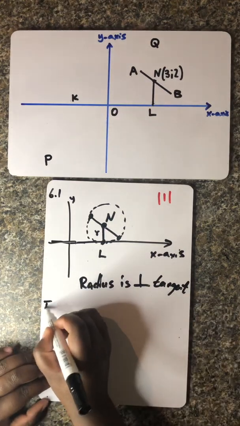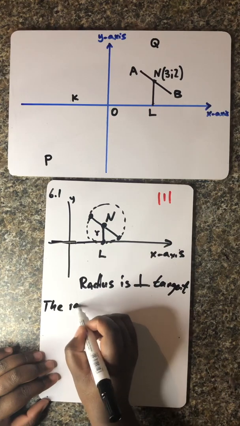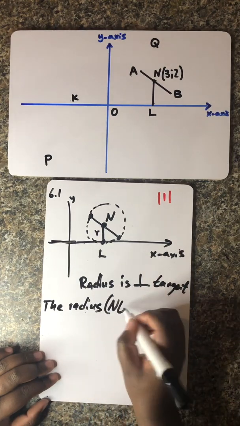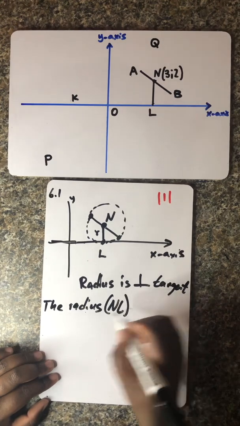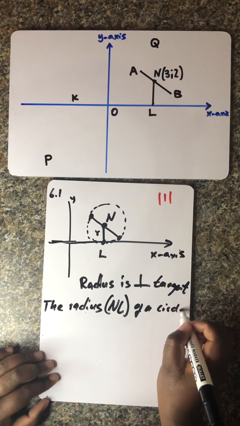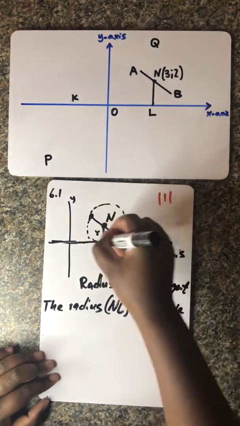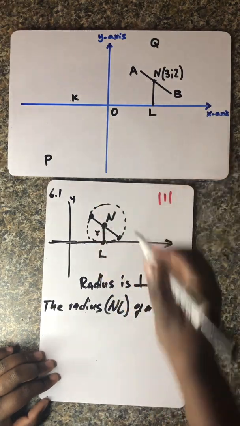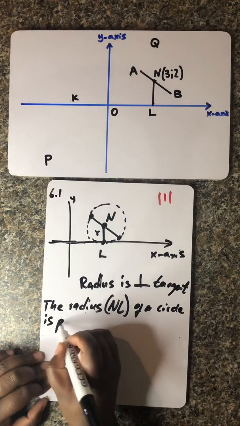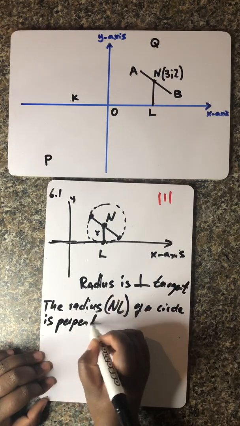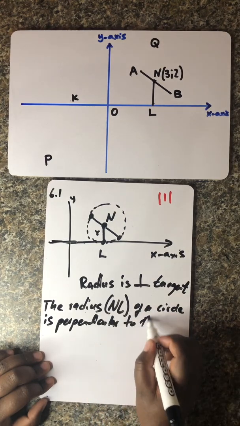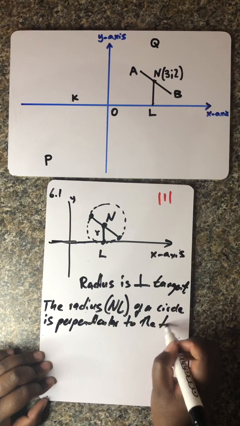So the radius, remember guys, the radius is NL. Okay, so the radius of a circle, which circle? The radius of that circle, which is NL. Okay, that radius is perpendicular to the